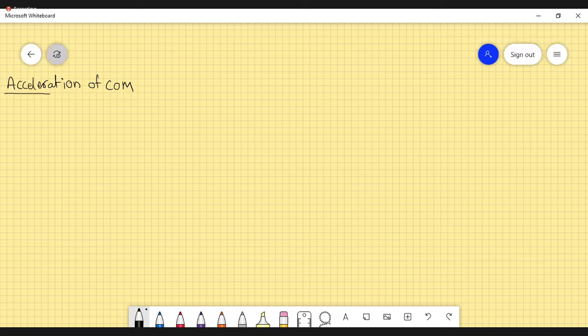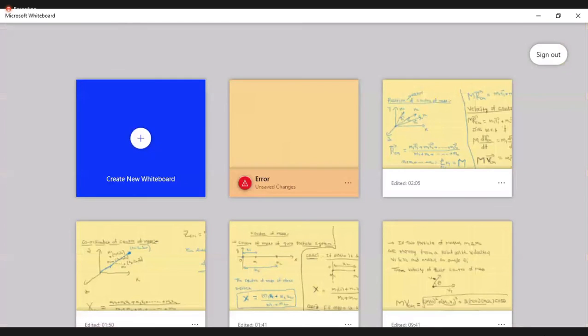Okay. So we know that total mass into velocity of center of mass is equal to m1 v1 plus